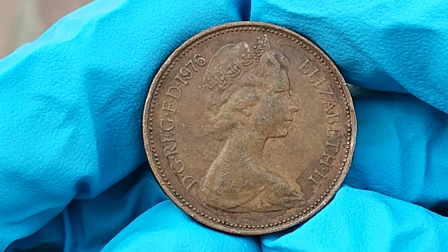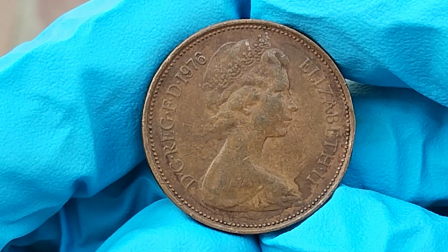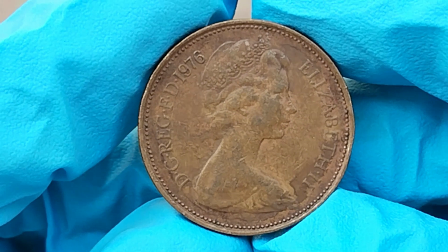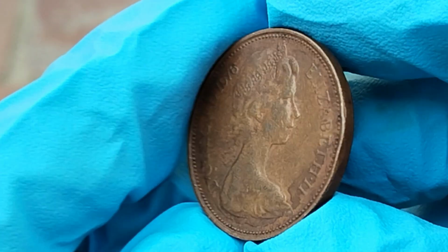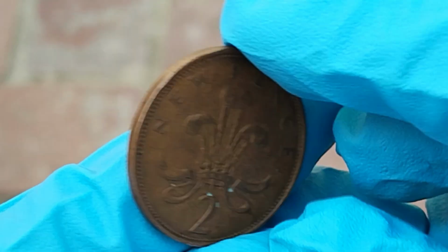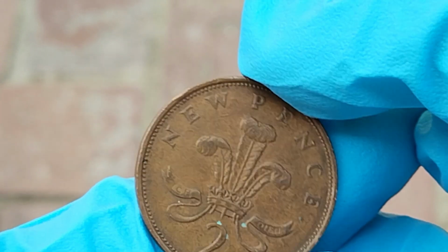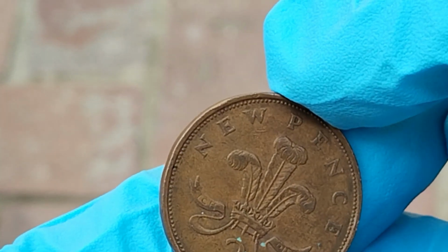The high value can be attributed to both its rarity and the strong interest in British coins, especially first-issue decimal coins. Some coins have fetched record prices at auctions, selling for amounts no one could have imagined just a few years ago. There you have it, the 1969 UK 50 new pence coin isn't just a piece of metal, it's a valuable treasure with deep historical significance. If you happen to have one of these coins in very good condition, you could be sitting on a fortune